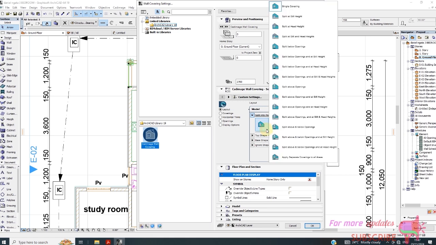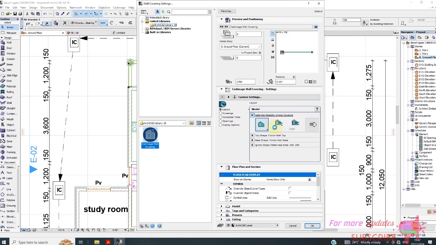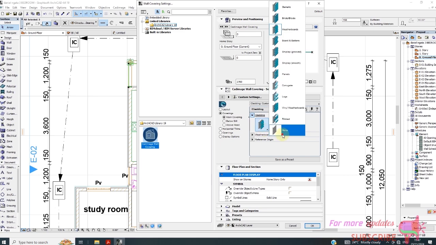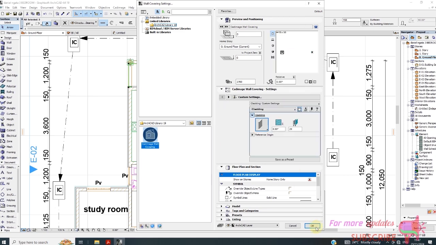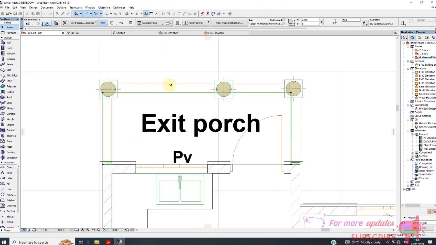I just need to make sure it's number 4. Make sure this is 300. Make sure this is 2100. Go to covering. Make sure that main covering is none. Then okay. So if I go to 3D,